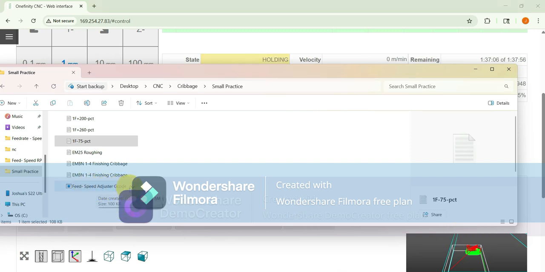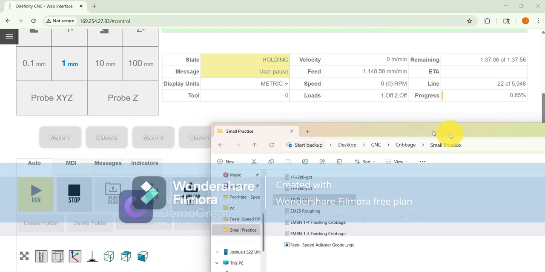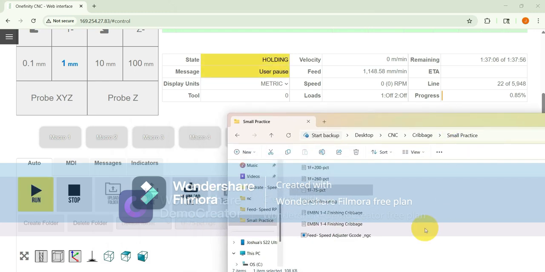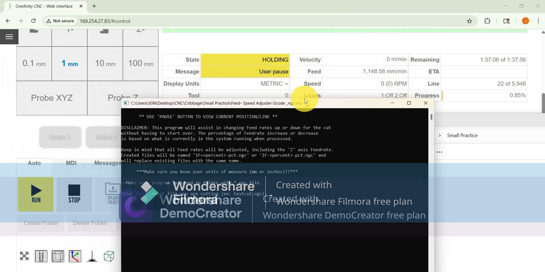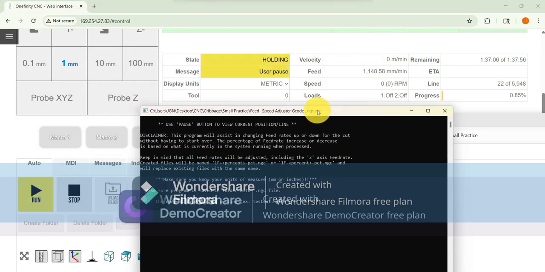So what we're doing here is we're going to run that program by clicking on it. Alright, and then our prompt comes up. This prompt is asking us to enter the file that we're cutting, which is called,